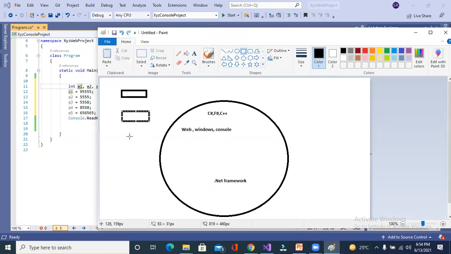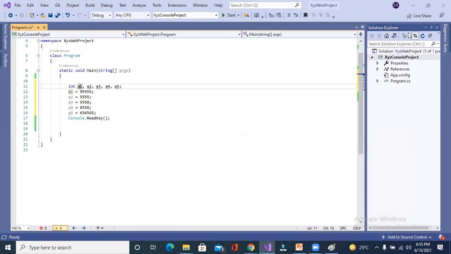If you define 5 variables, 5 blocks will be created in your memory, and it would be difficult for you to handle these 5 variables, to remember the names, right? Are you getting my point? Yes, sir. It would be difficult to maintain these variables. If you have the same type, I will create an array.